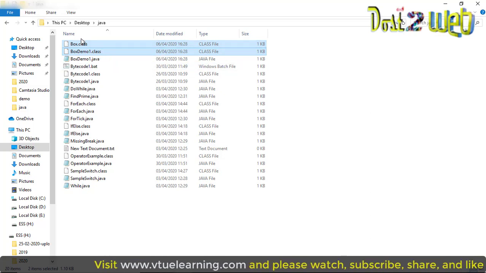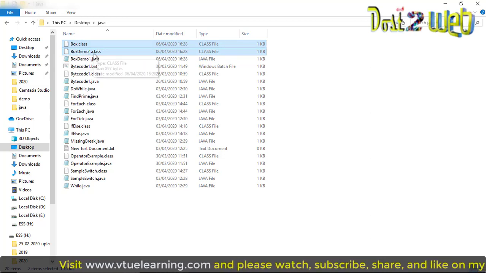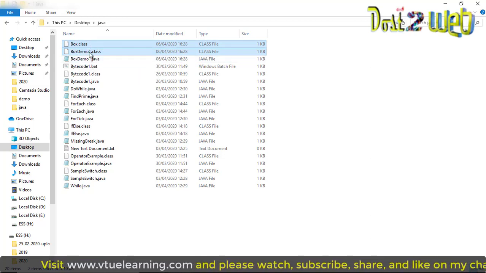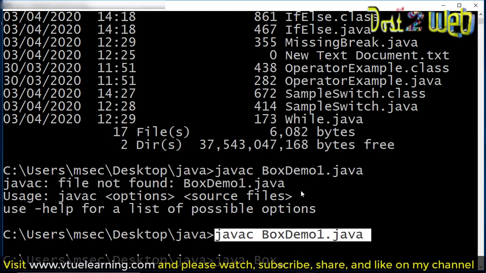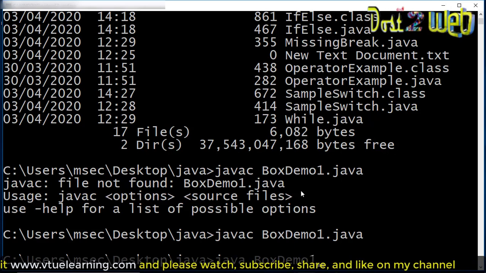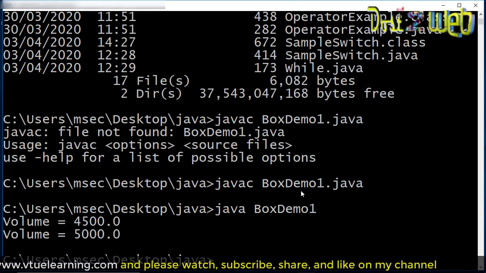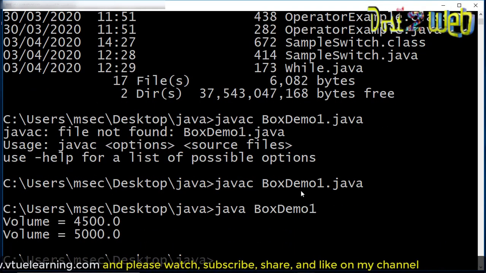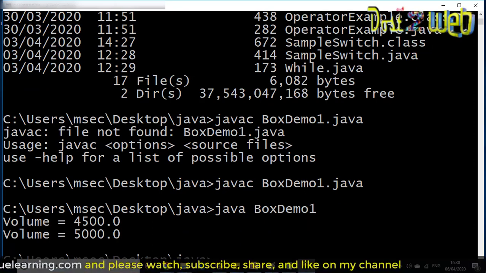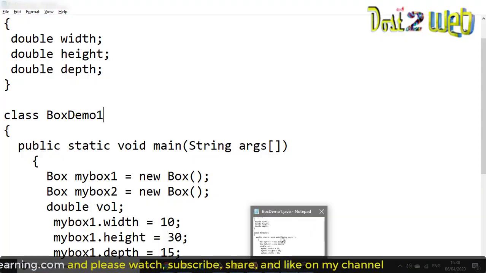So we have two classes here, Box and BoxDemo1, so it will create two class files. Now we have to run BoxDemo1. So we got the volume. See, when you go to your program,